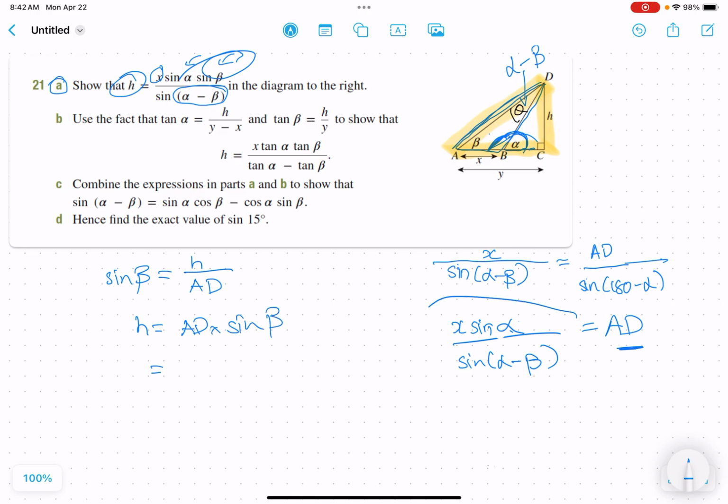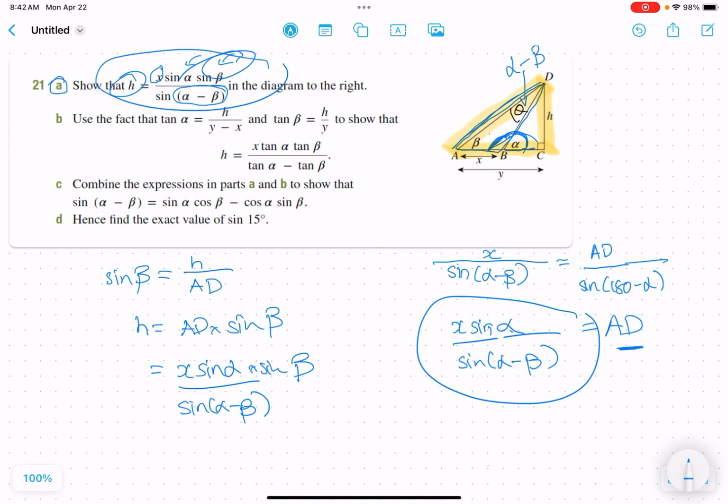Now AD, if I use this and then multiply it by sine beta, there we go. I should get exactly what I wanted. So if it's a show that, we could do that. Okay, so there are other ways to do it, and you could give it a try, but that would just be one way of